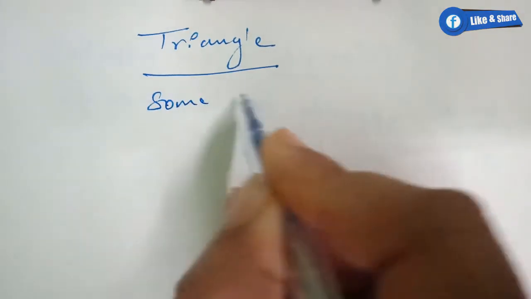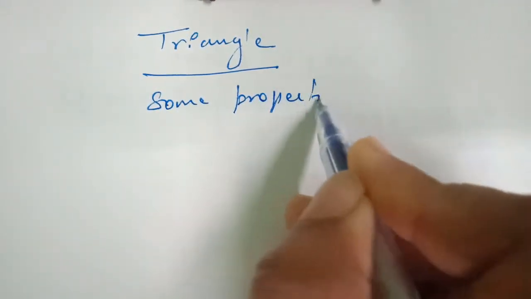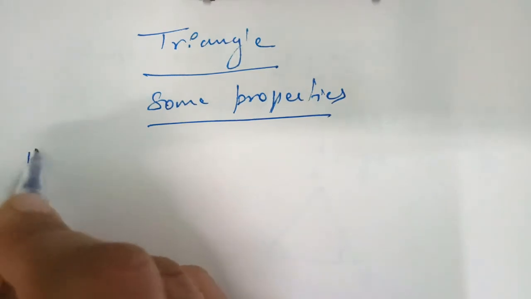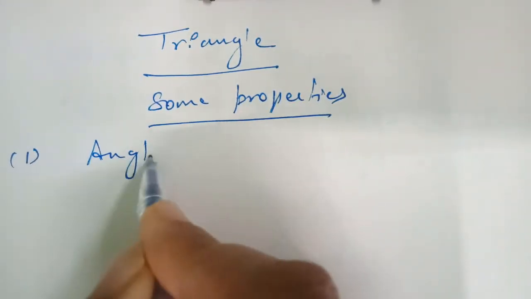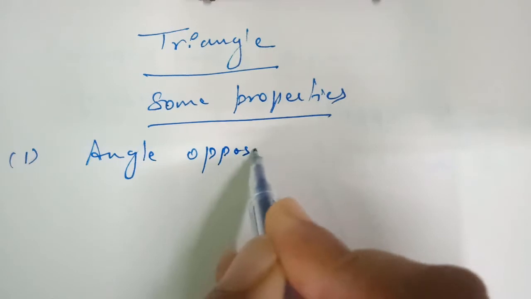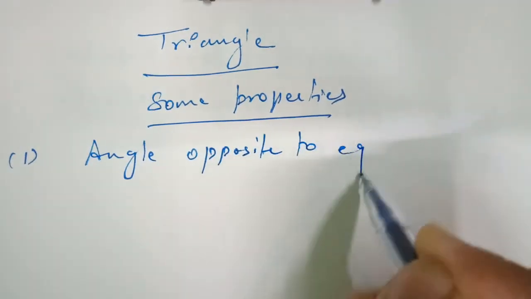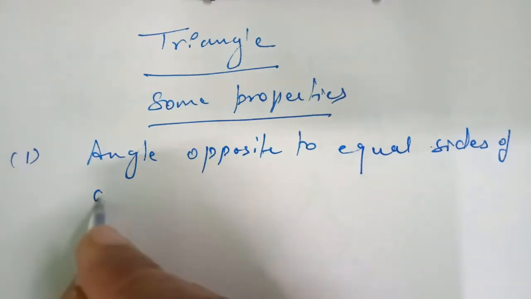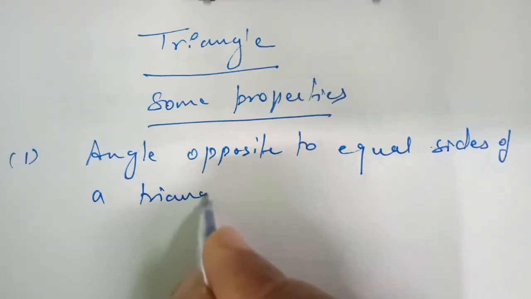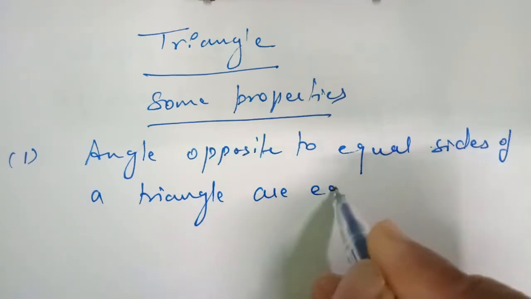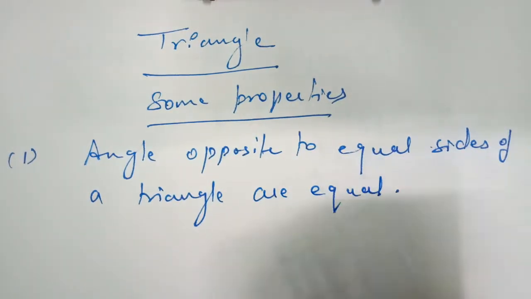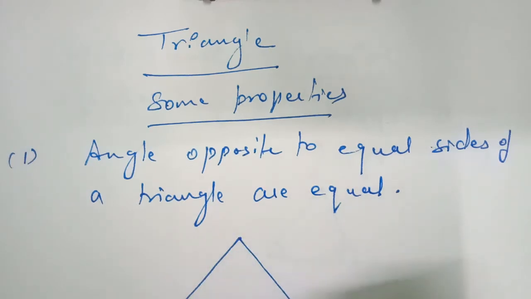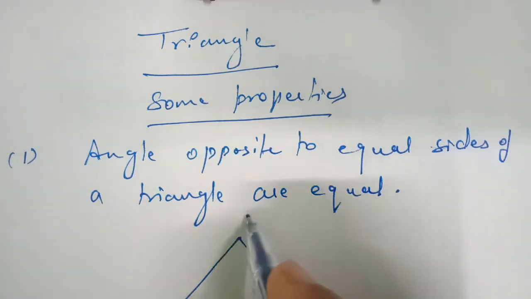Yes, students. Today we are learning the triangle chapter. In this we are taking some properties. So let us see what the properties are. Number first, angles opposite to equal sides of a triangle are equal. It means if we have a triangle and in this triangle any two sides are equal, let